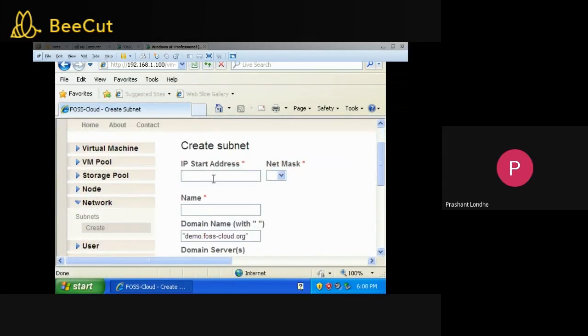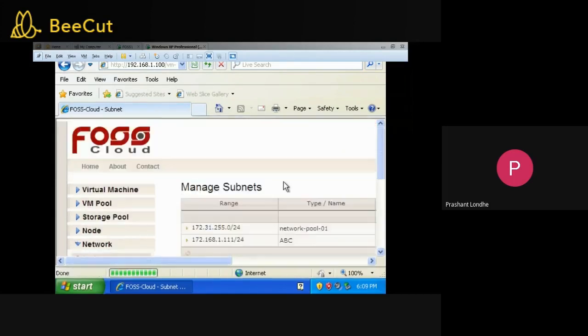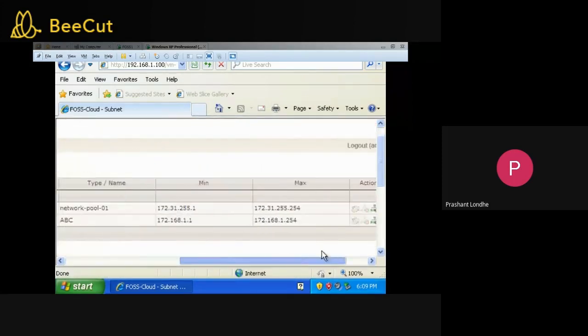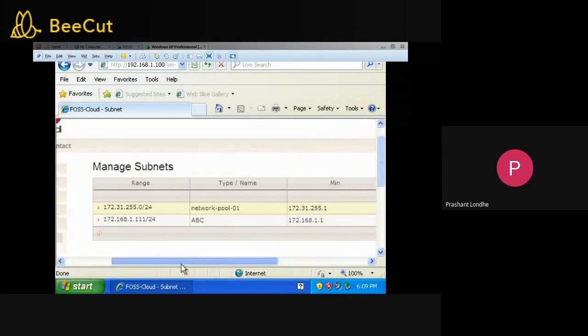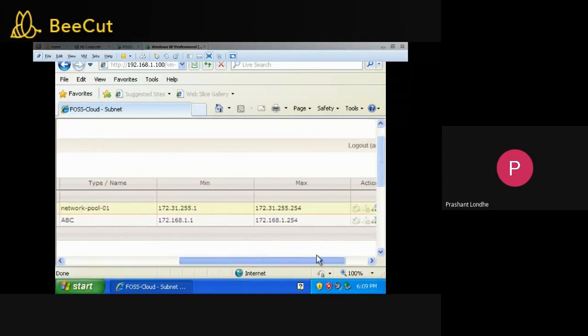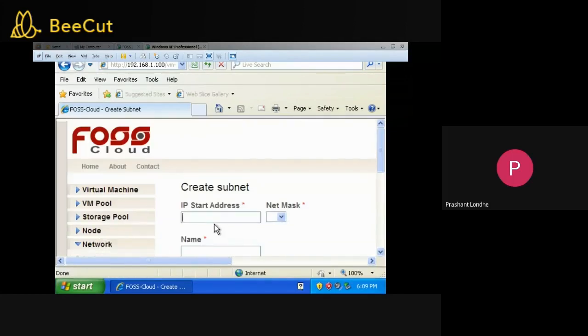Let me start it in a new way. So if there is any kind of error, I will come to know. Okay, it is again overlapping. Fine. So now, okay, let me remove that first. Okay, I think this is not possible for me. Fine. I need to find out the IP address. What can I take?